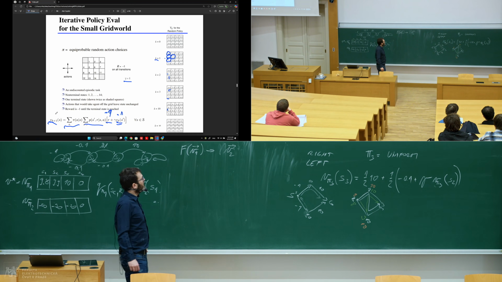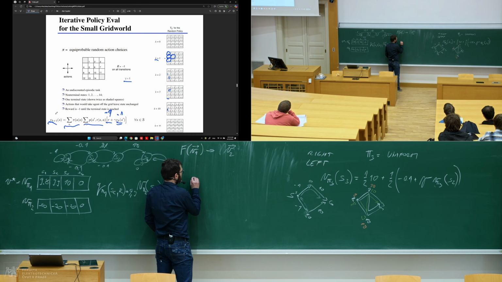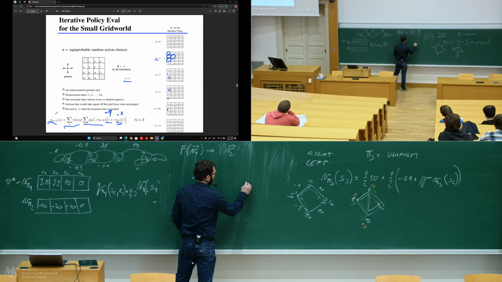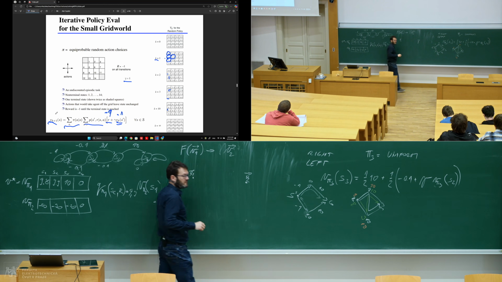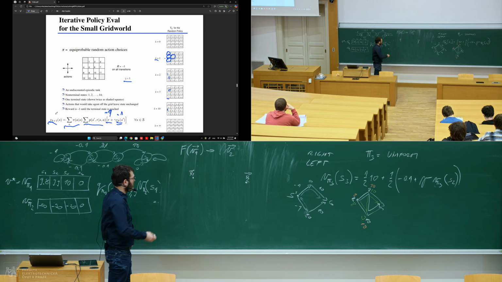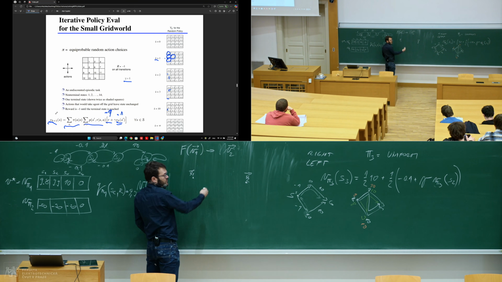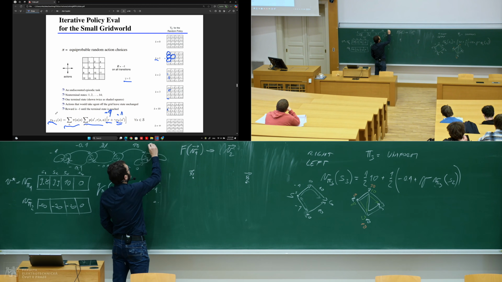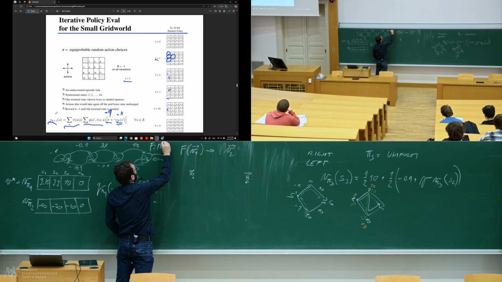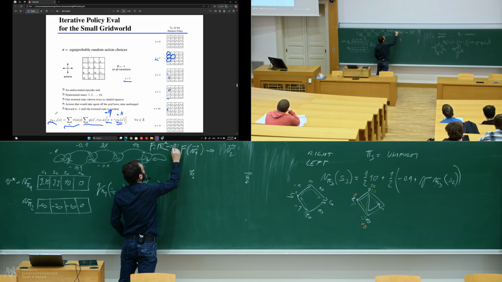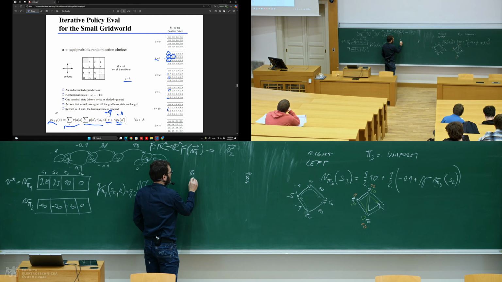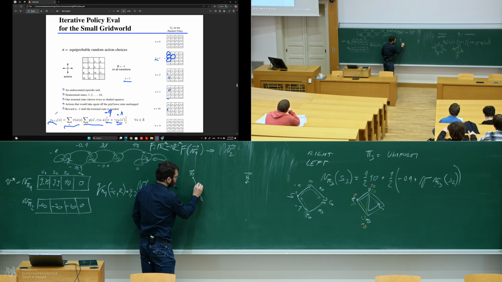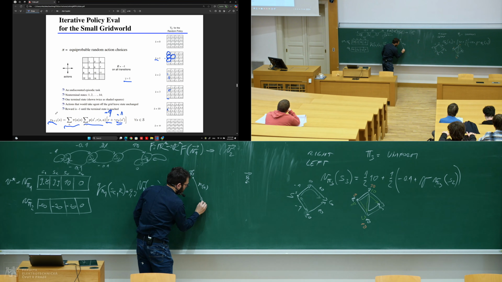Okay, so a function is a contraction if you take two inputs, x1, x2, which can be some vectors, and you apply the function, which is from the same space to the same space. So let's say that f is from Rn to Rn, where n is the number of states in our case. If you apply f, you will get